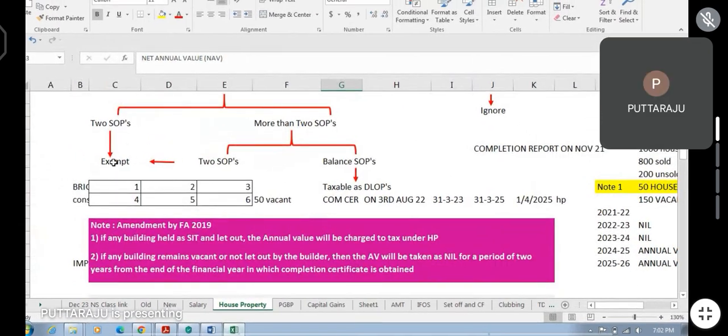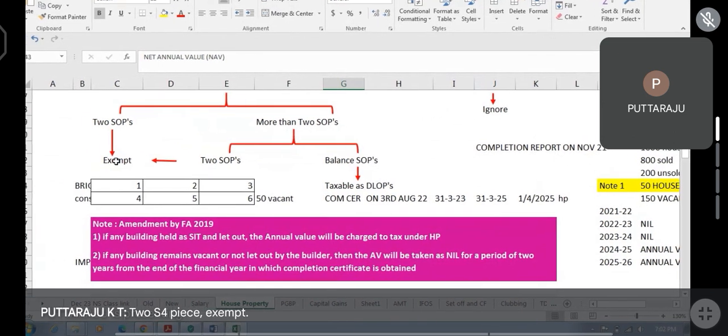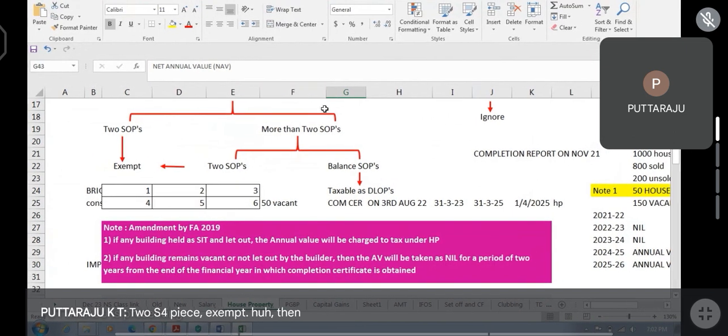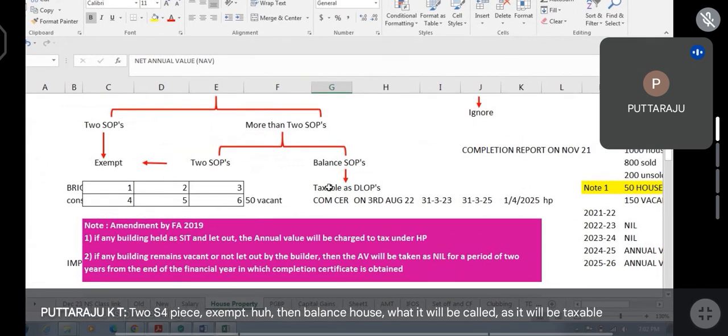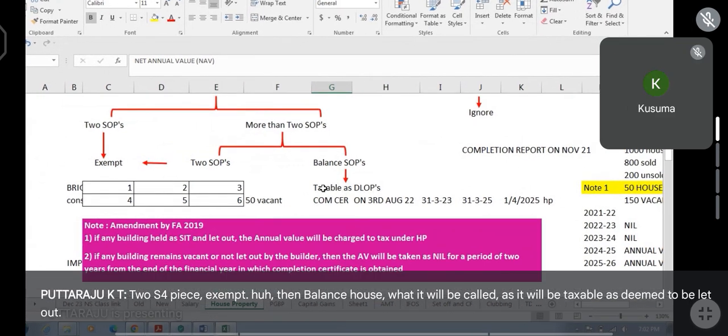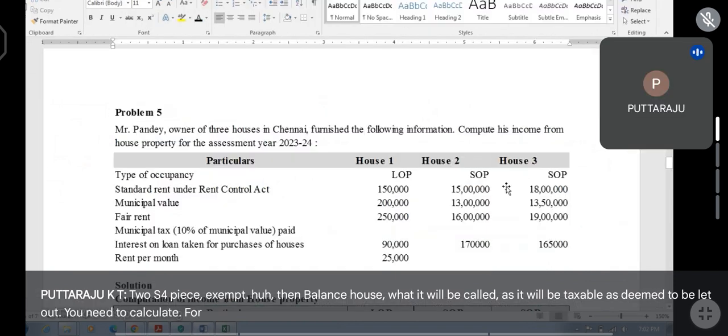Two SOPs exempt. Then the balance house, what will it be called as? It will be taxable as deemed to be let out. Yes. You need to calculate for all the 3 houses. If they have given all the 3 as self-occupied, you need to calculate